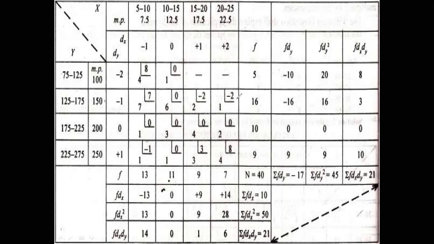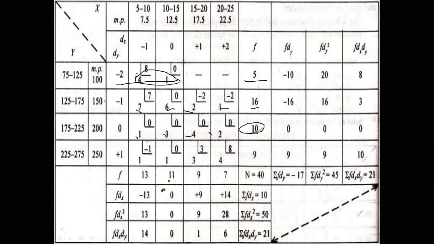Now the next step, we need to do the summation of frequency on x and y variable. So how do we do it? Frequencies are these ones. If we do the summation horizontally, the frequency will be 5. Similarly, as we can see, 7 plus 6 plus 2 plus 1, the value will be 16. Do the summation of frequency here: 1, 3, 4, 2. That summation is 10.